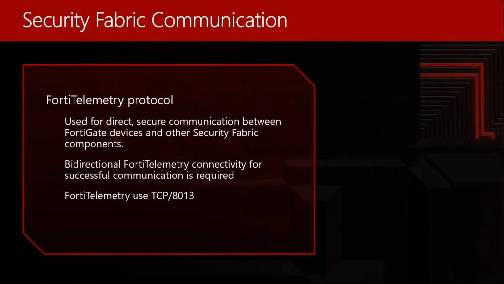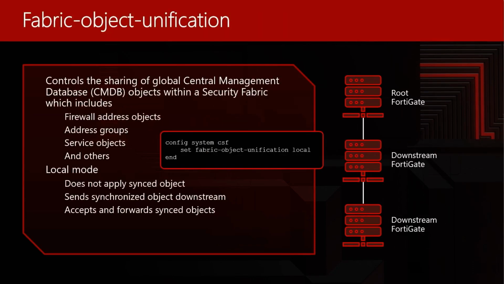The security fabric is going to use the FortiTelemetry protocol, which uses the port TCP/8013 for communication between all the devices in our security fabric. The central management database is going to be a collection of elements that the root FortiGate is going to push down to all the downstream firewalls in order to have cohesive policies and a central point for all our objects. If we go back to our demo computer,